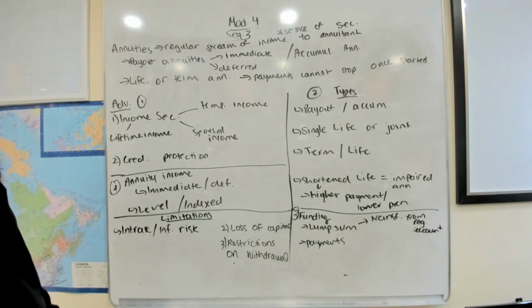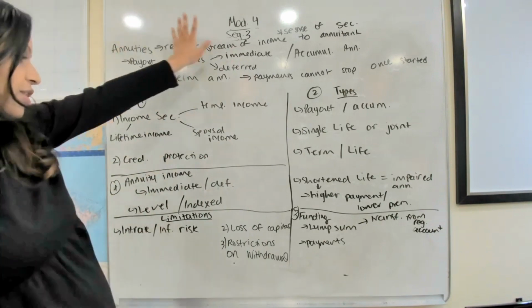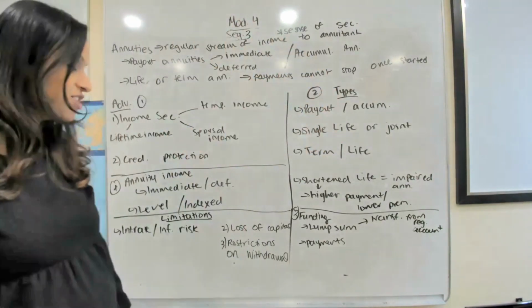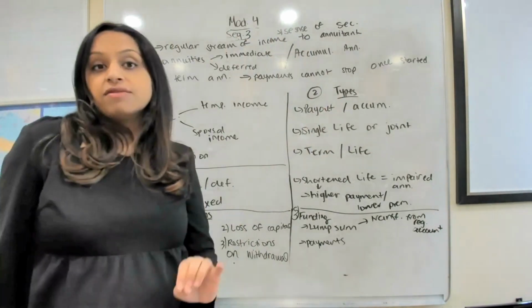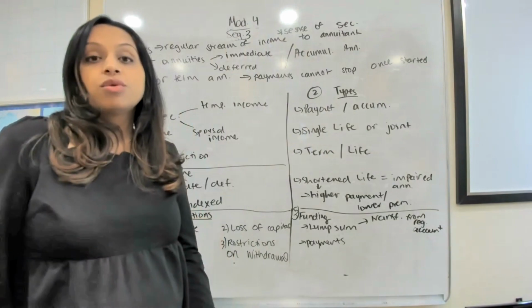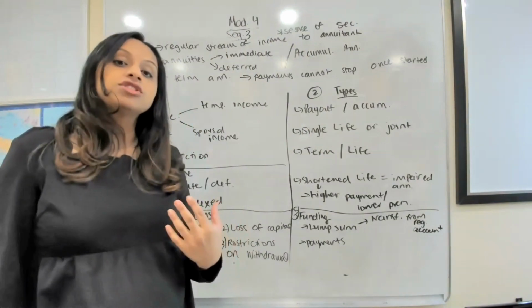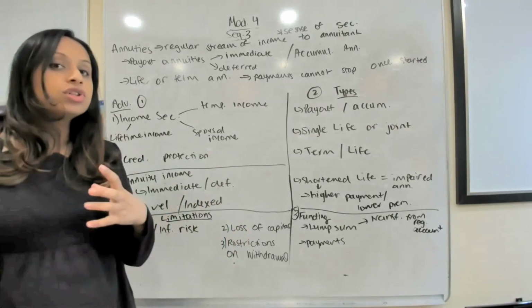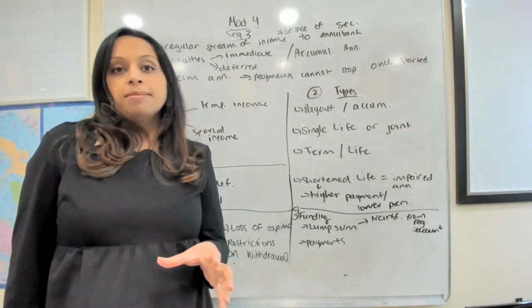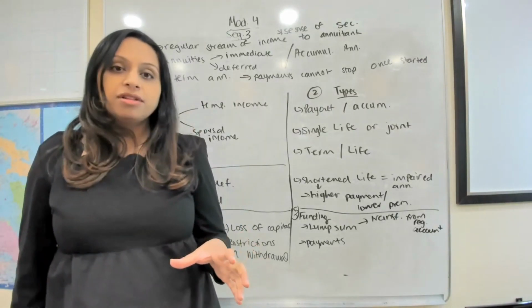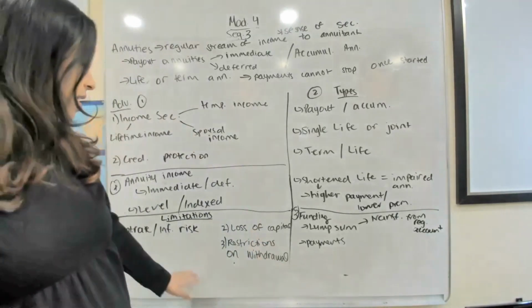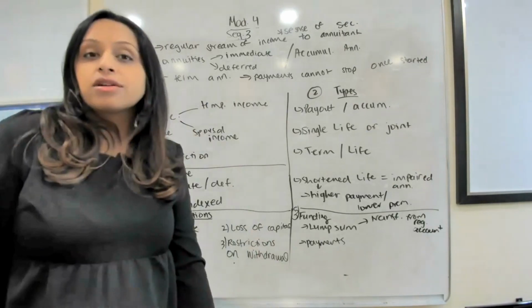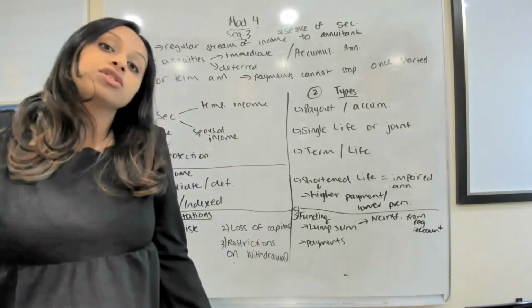All right, and now finishing off with the limitations for annuities. So we talked about a lot here on this one board. One of the biggest limitations or disadvantages of annuities is interest rate or inflation risk. Like I said, once you get a certain interest, you're locked in at that interest rate. If that interest rate changes in a month, in a couple of months, too bad, right? When you purchase your annuity, you may not get a good interest rate.